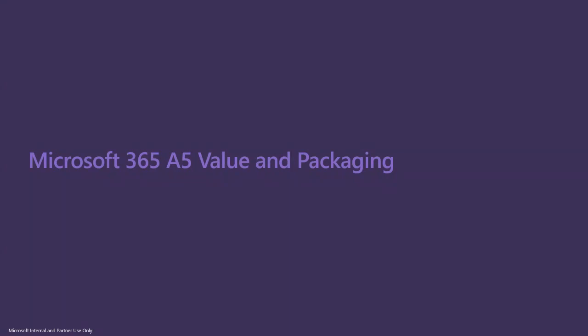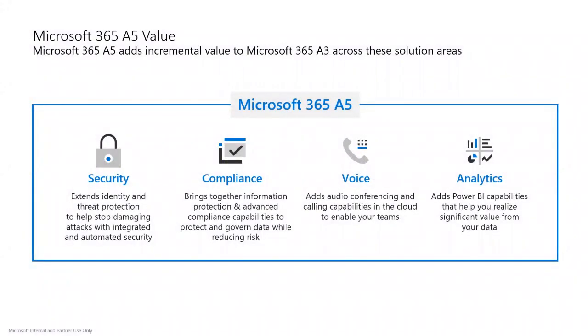So why would a customer who's on A3 perhaps move to A5? Or if they've got, for example, a MAT or an academy, why would some users have A5 and perhaps some would have A3? Let's look into that. So as a customer becomes increasingly comfortable and they extract as much value as they can from perhaps A1 or A3, the drivers for them to explore A5 come in these 4 flavors, really.